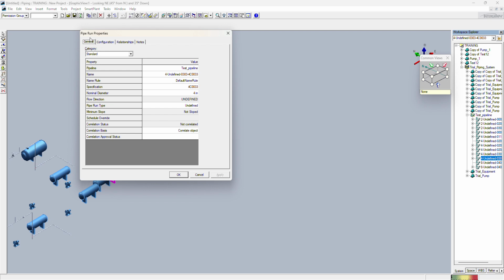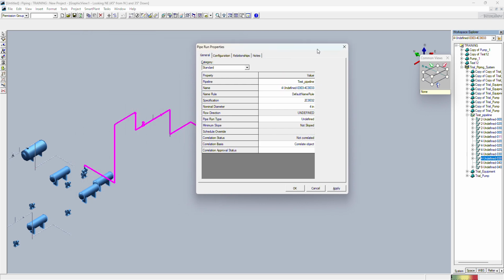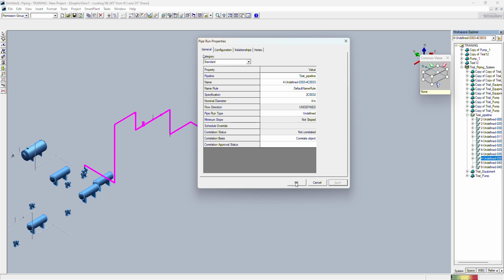I selected this property of pipe run, and here we have something called specification. Here you can go to the drop down and select any other spec you want, and as soon as I click apply, your pipe specification, basically PMS, is changed for this pipeline. So changing spec is very easy. It is telling that in this spec there is no matching flange found. Click OK, or you can change any other spec also, it's up to you. Let's suppose if you want to try any other spec, I just click OK, I just apply,